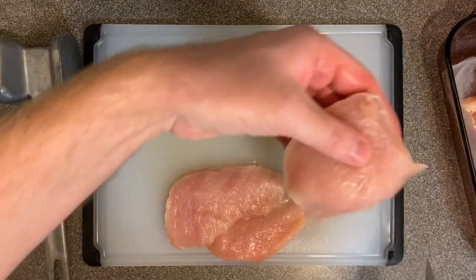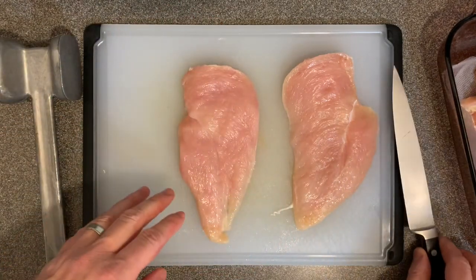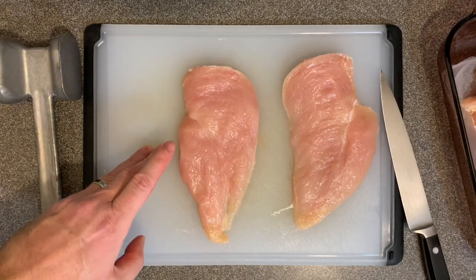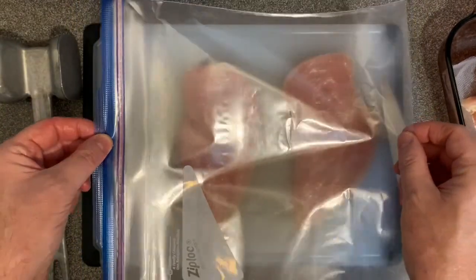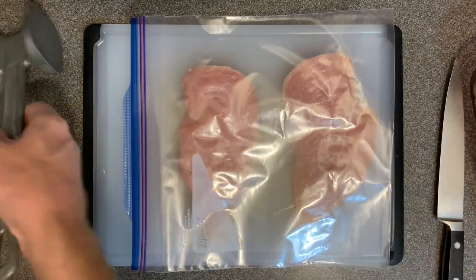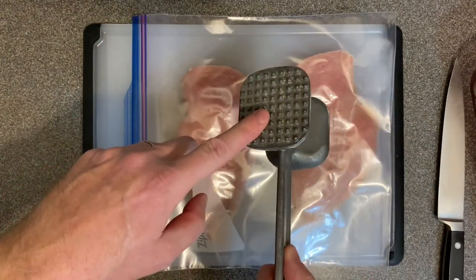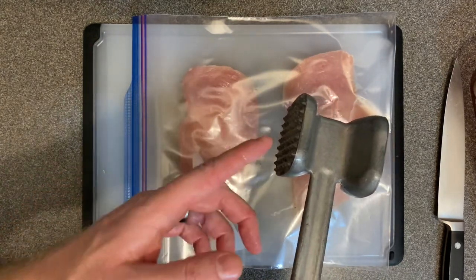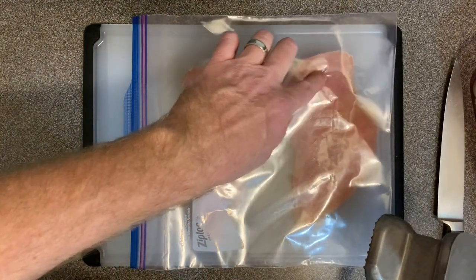And what I'm gonna do now is I'm going to pound it out. And so all that I do is I grab myself a Ziploc bag, and you can cut it open. If you have a large cutting board, obviously cutting it open would be better. But because my cutting board is really small, and this is the biggest one I have at my house, it doesn't really matter. And all I'm going to do is start out with the spiky end. If you have really big spikes, that is for really tough meat like beef. Do not use the really big spikes on chicken. And I'm going to go from the thick end to the thin end,